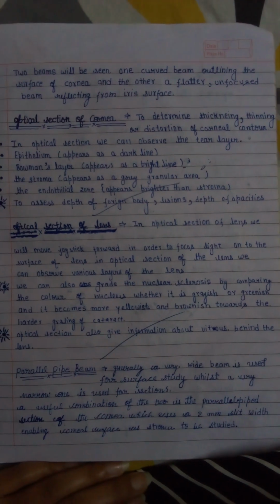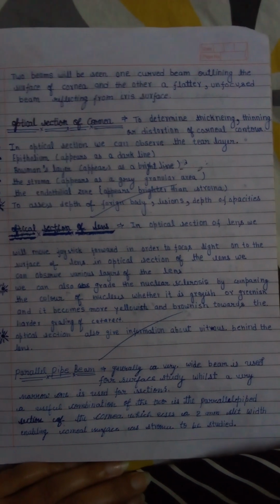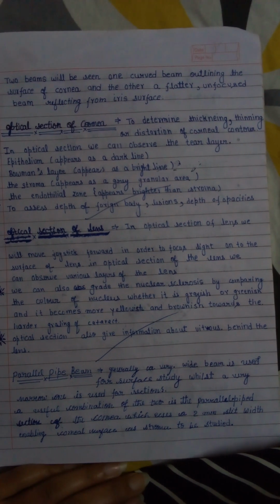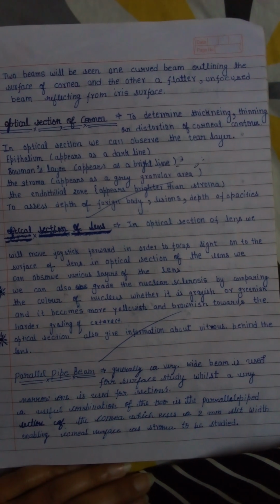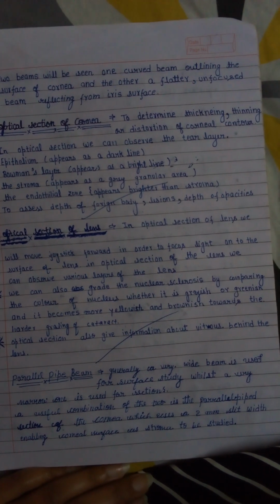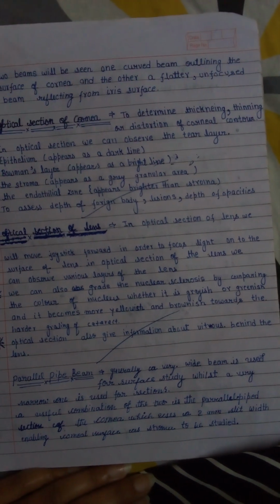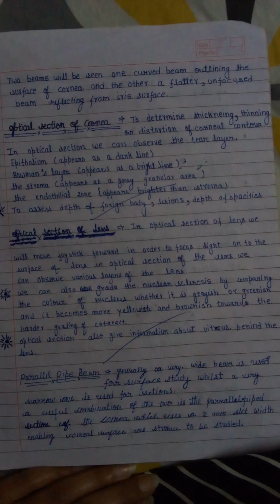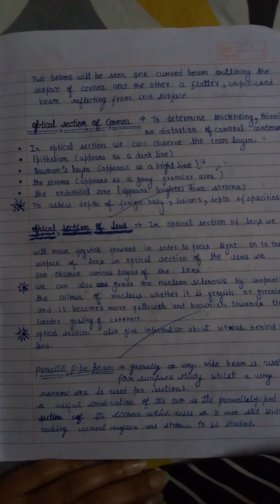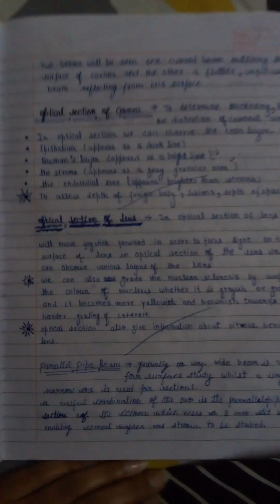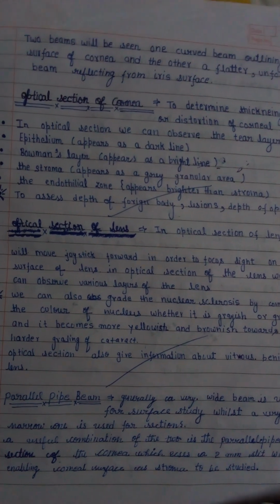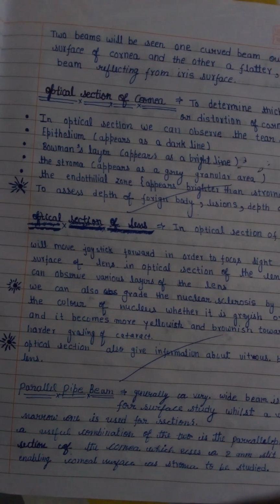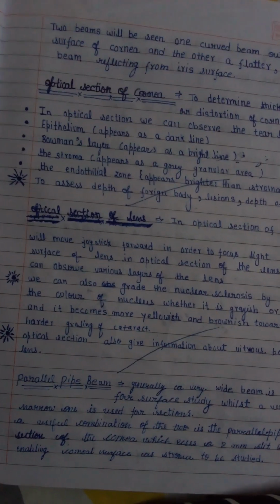The optical section of the cornea is used to determine thickening, thinning or distortion of the corneal contour. So in optical section of the cornea we will determine the thickness of the cornea. We can observe the areas of thinning of the cornea and distortion of corneal contour. All these things can be observed by using an optical section. We can also observe the tear layer. We know that we have the tear layer on the surface of the cornea,